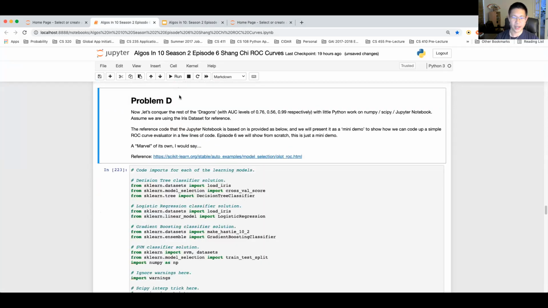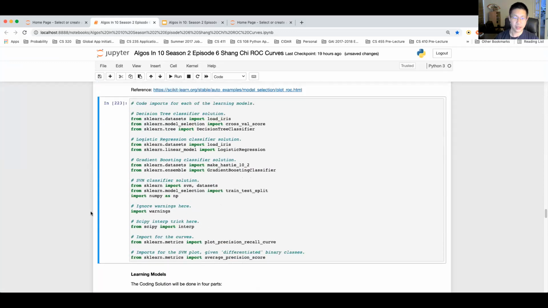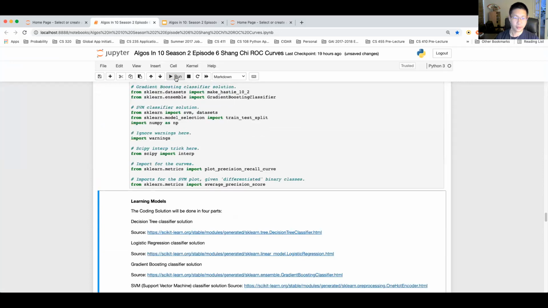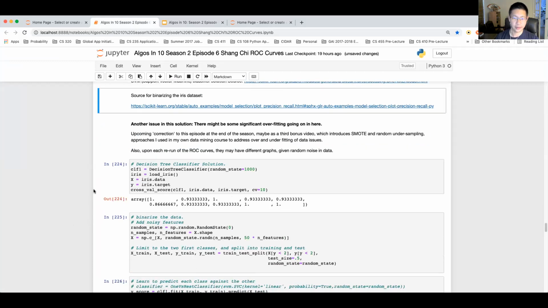Finally, part D, you have the 4 different classifiers. So you have basically a bunch of imports here. I imported a couple of things here to make sure the code doesn't give any warnings, but generally you don't want to always hide away the warnings because warnings can give you some insight where your code is going wrong. They have the learning models, and you have something to actually do called binarizing the data set, or turning it from a multi-class to a 2-class 0-1 data set.